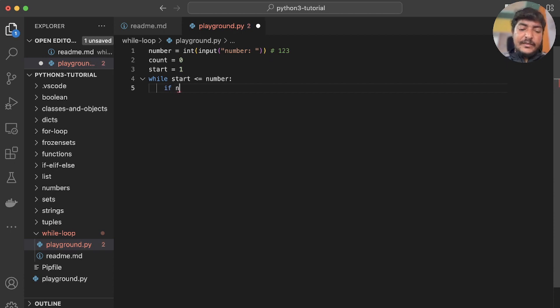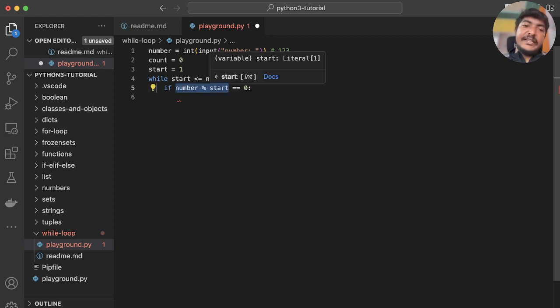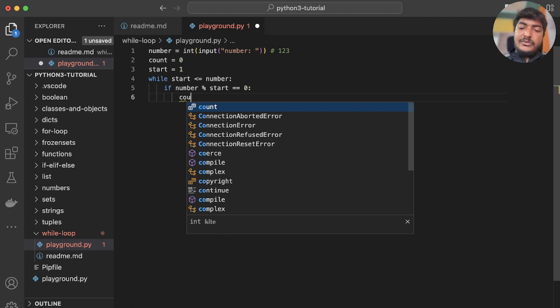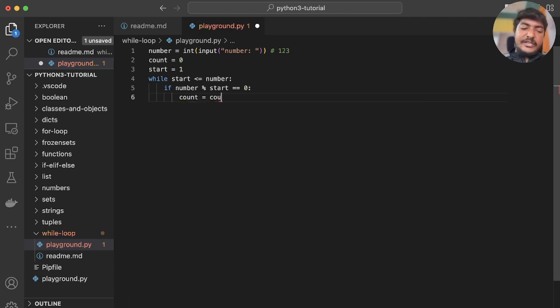If number modulo start equals 0, then it means we get the remainder 0. So if the remainder is 0, we need to increase the count. So count equals count plus 1,